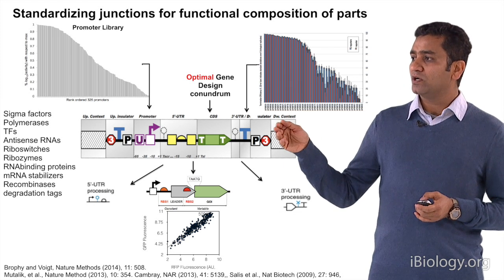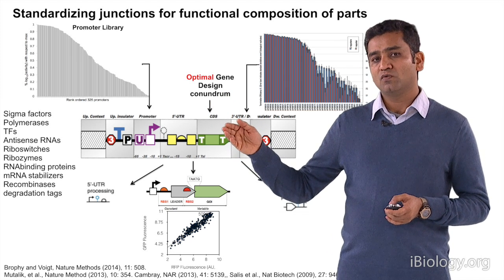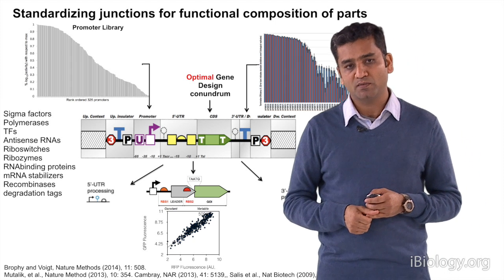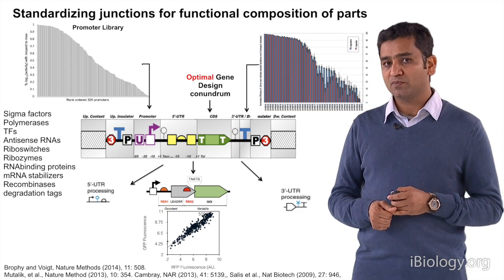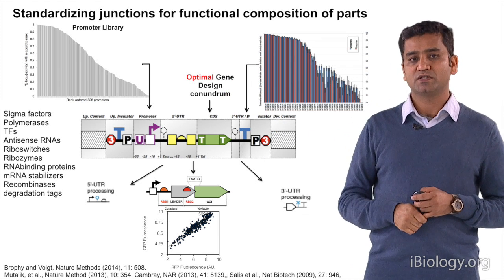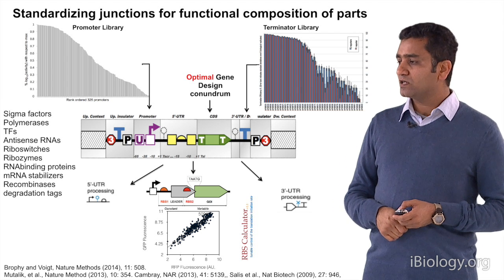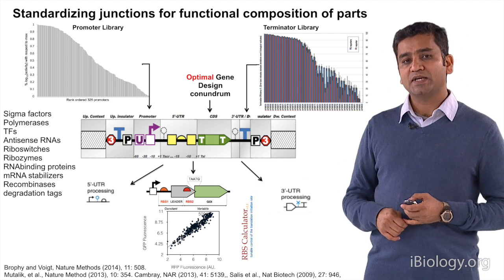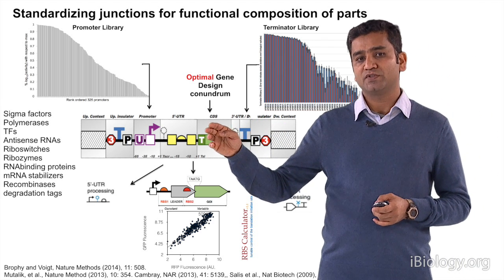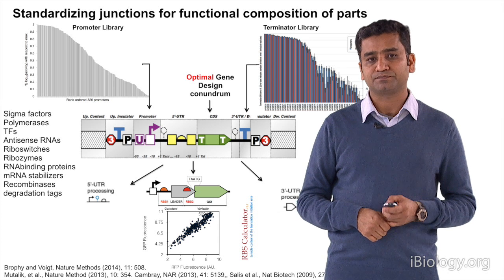And then the most important, still unanswered question here is the optimal design conundrum, where we don't know how to codon optimize if we are expressing a gene from a different organism in E. coli or any other bug, for example. So we need to spend more time and investment to understand how gene design works and what the optimum solution is. There are some biophysical methods. For example, the RBS calculator from Sally's lab can be used, where biophysical methods are used for expression optimization in bigger circuits.